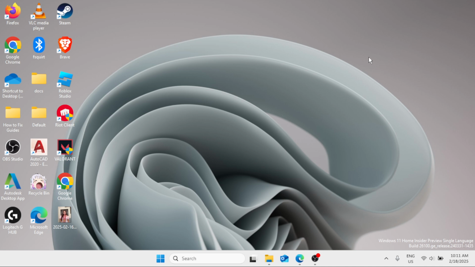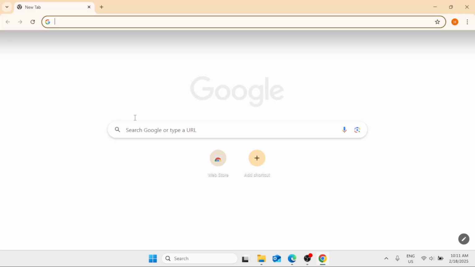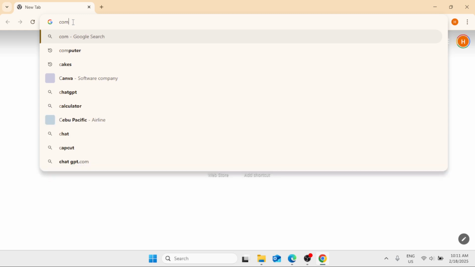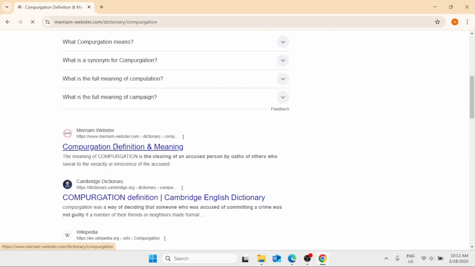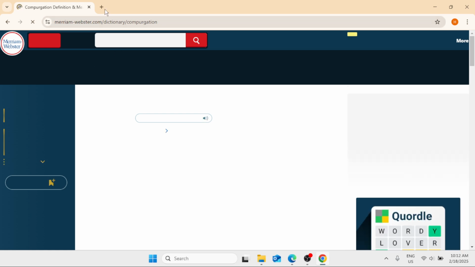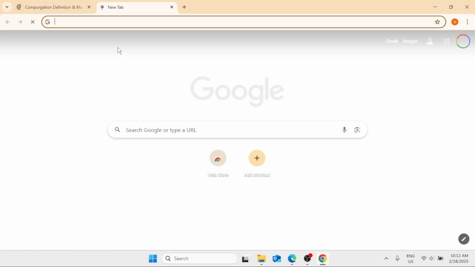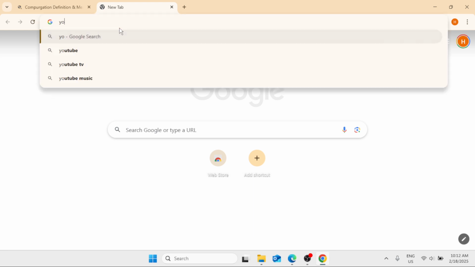In this video, I'm going to share with you how you can fix Google Chrome high disk usage. So how can you know that Google Chrome is in a high disk usage? If you open Google Chrome and search for some info, for example this one, and you open a lot of tabs like that, the first tab, and then open another tab or watch videos from YouTube,